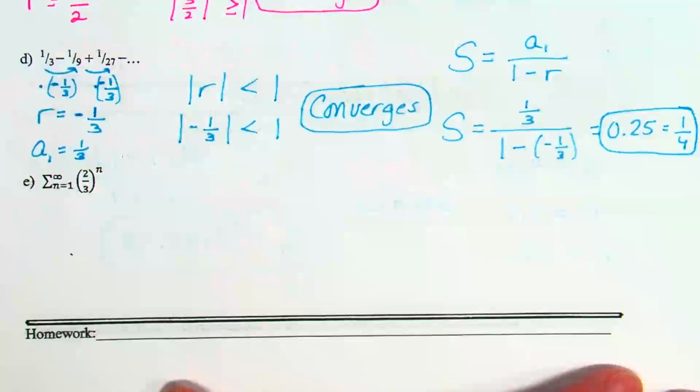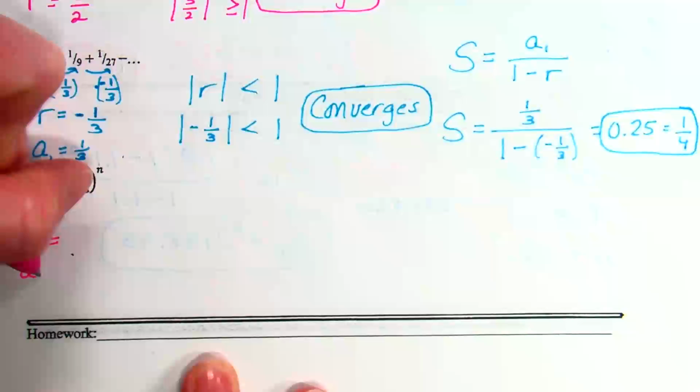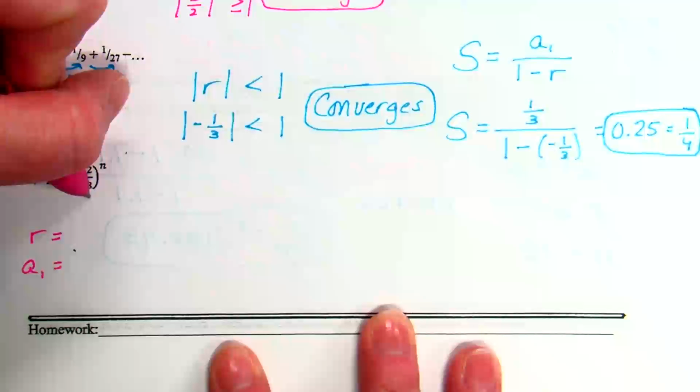It's the 1 raised to it, and that's exactly what I need to hear. We know that this is the R because it's raised to the power of n. R is going to be raised to the power of n. So R is 2/3. What do you know about 2/3? 2/3 is less than 1 because 2 is smaller than 3, and so that means this series